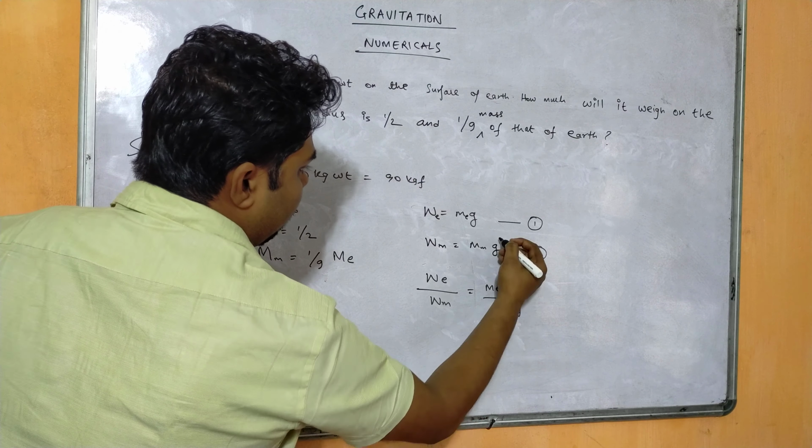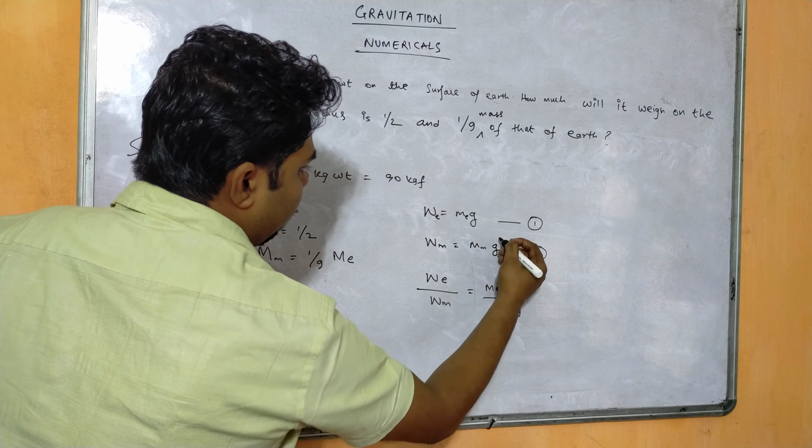One more formula we know here is small g equals capital G m by r square. This is the relation between acceleration due to gravity and the gravitational constant. Now when you find the acceleration due to gravity on Mars, the formula remains the same: capital G, mass of Mars, by radius of Mars whole square, right? Acceleration due to gravity and capital G are written as they are.